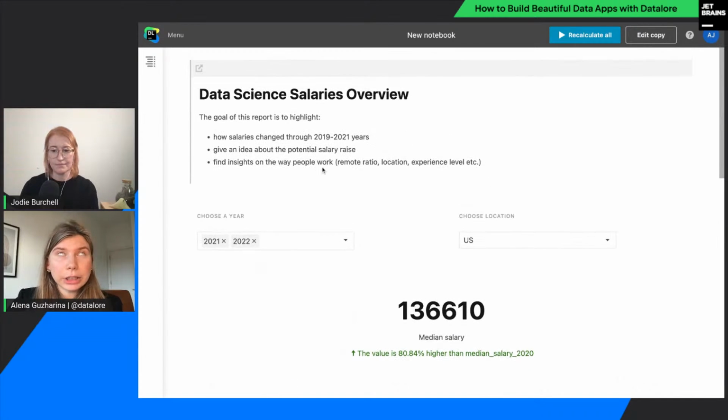And yeah, sometimes I use the word report, sometimes I use the word data app, and I will explain not the difference, but why I use these two different words. So before, we called the published results reports in Datalore, and it's quite a historical name. But right now we position this feature as a data app because